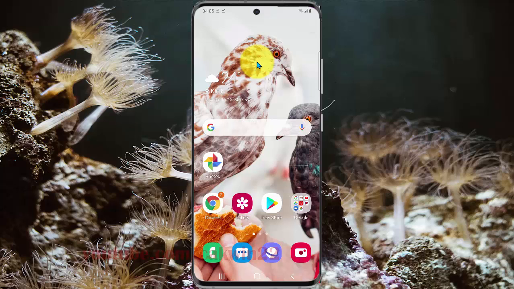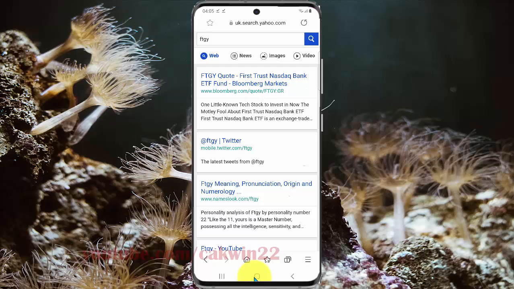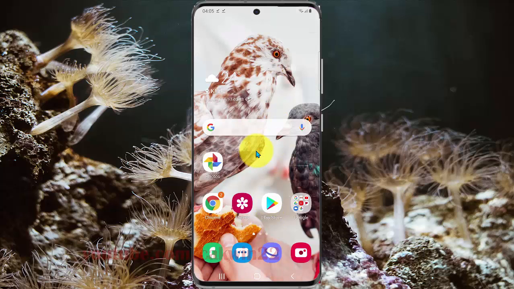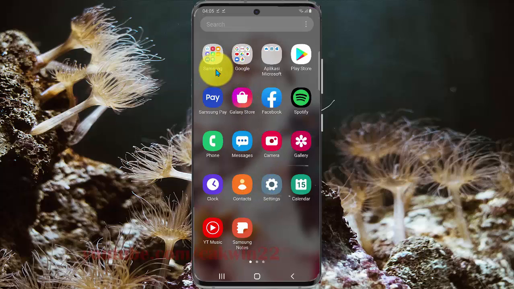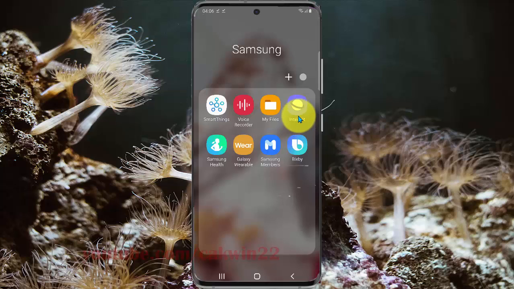To enable or disable Allow JavaScript in Samsung Internet on the Samsung Galaxy S20, open the Samsung Internet app. If you use the default, you can open it from the home screen, the Samsung Internet app icon, or from the app screen. Swipe up or down on the home screen or app screen, and then tap the Samsung folder, tap Internet,